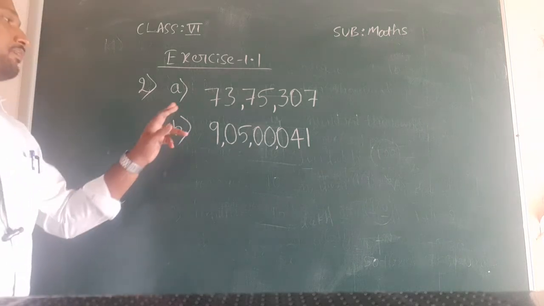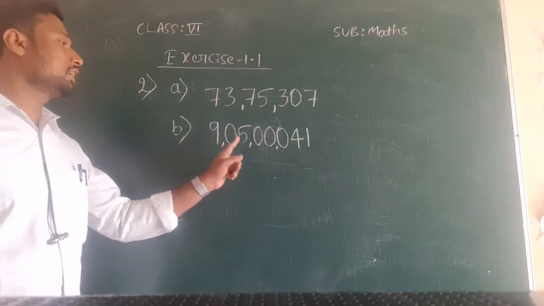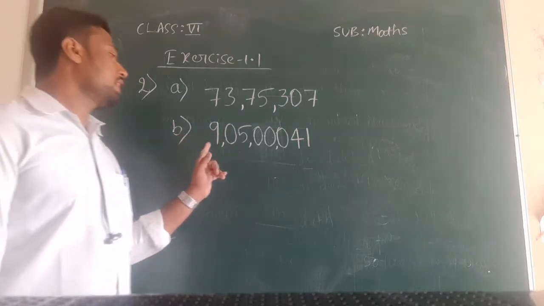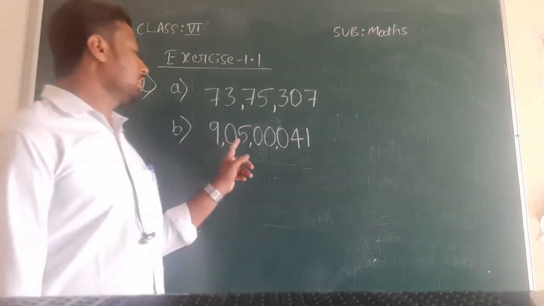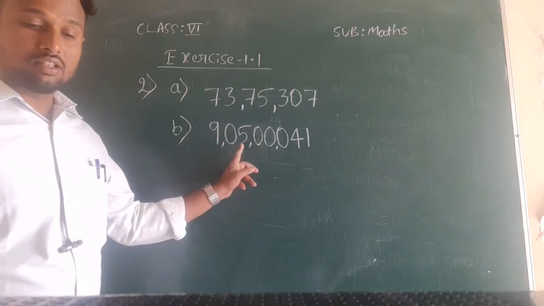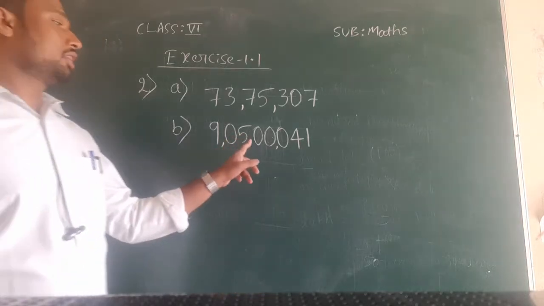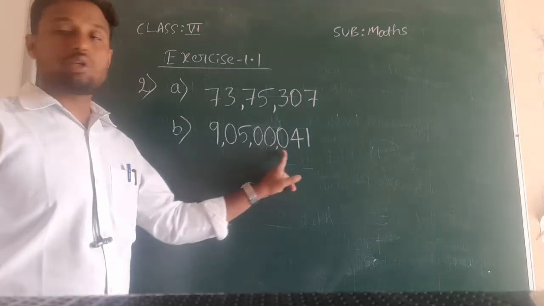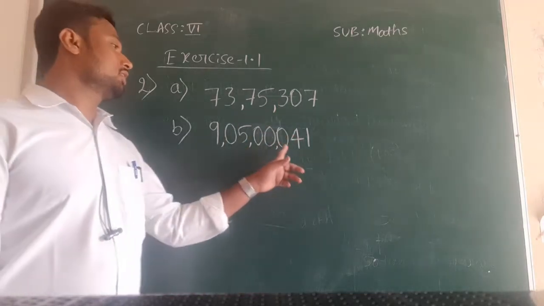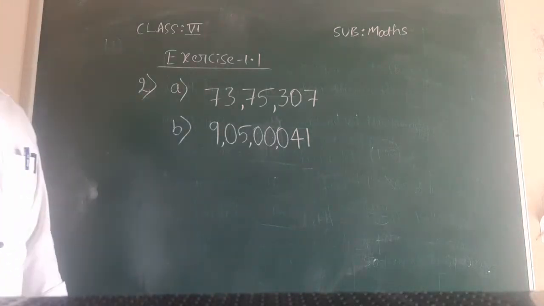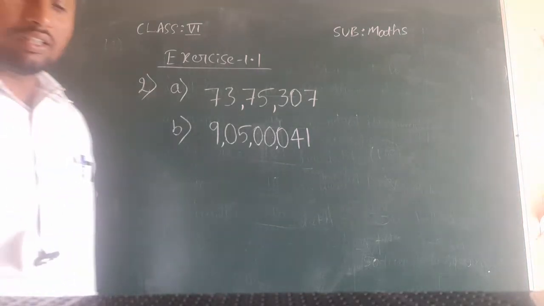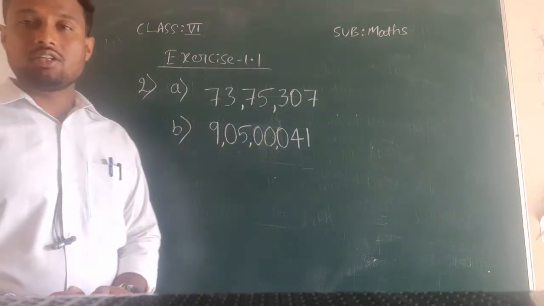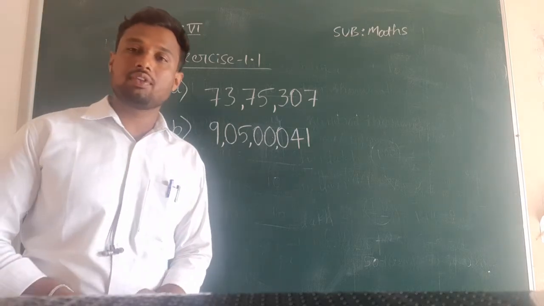You can see after 9 crore directly they have given 5 lakhs. Therefore in the 10 lakhs position I have written 0. 9 crore 5 lakhs. And directly after 5 lakhs what have they given? 5 lakhs 41 only. Means in the 10,000 position, thousands position, hundreds position they have not given any value. Means we can put 0 there. We have to put 0. Next, finally 41. This is how to write the numbers by reading the numbers given in words, and after that you have to put the commas according to the Indian system of numeration.